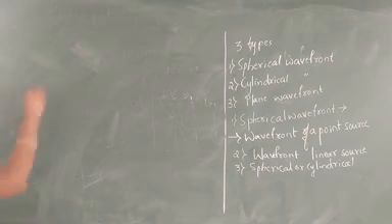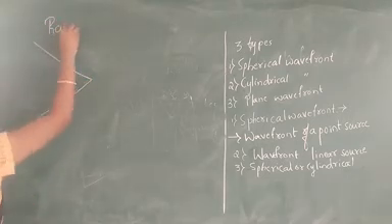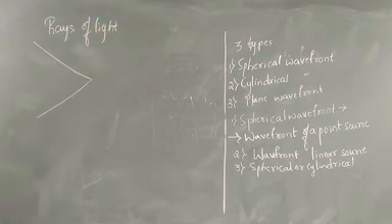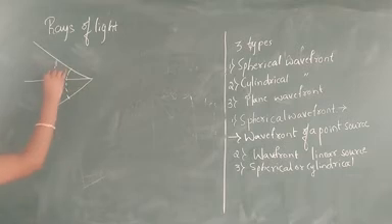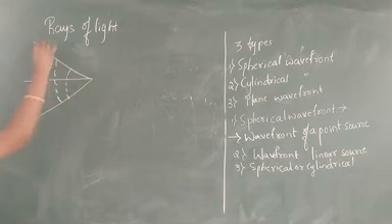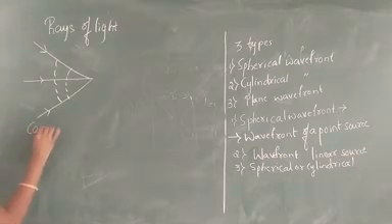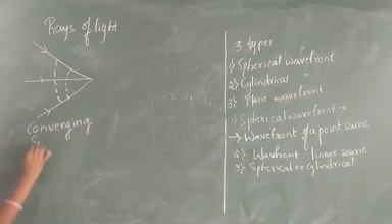Now let us consider a diagram. Here we are considering the rays of light and how the rays are moving. Let us consider that the arrow mark is on this side. If the arrow mark is there, then we can consider that the rays of light are passing. Here we get the converging spherical wavefront.